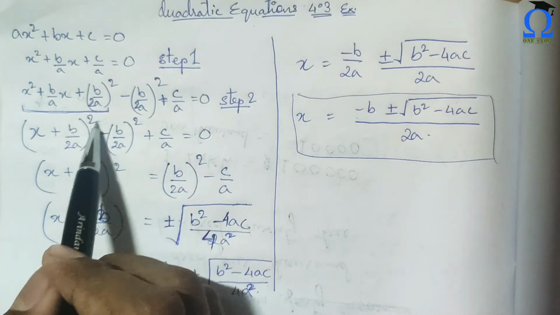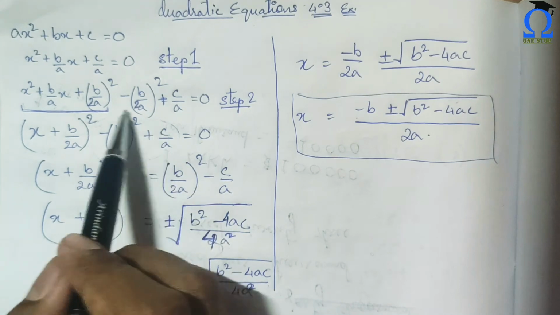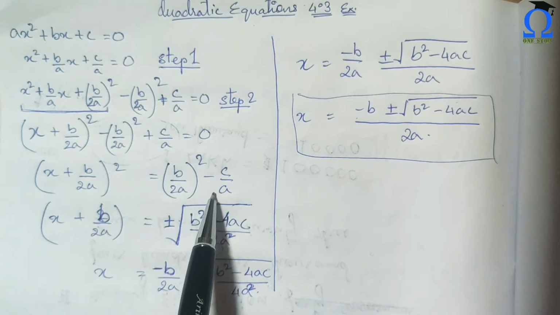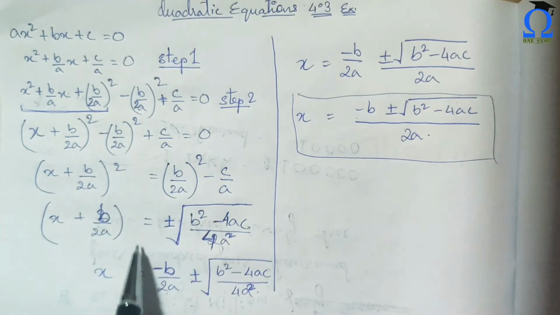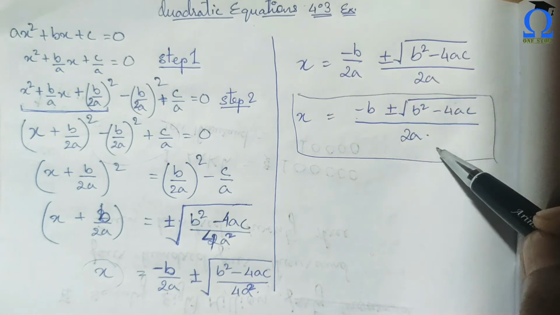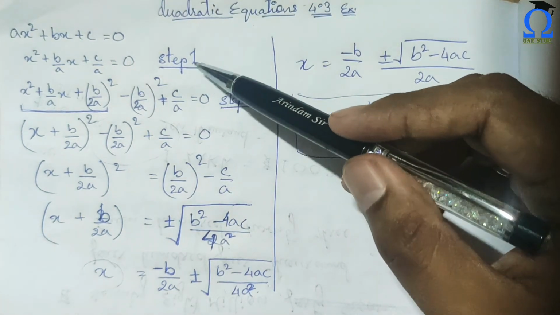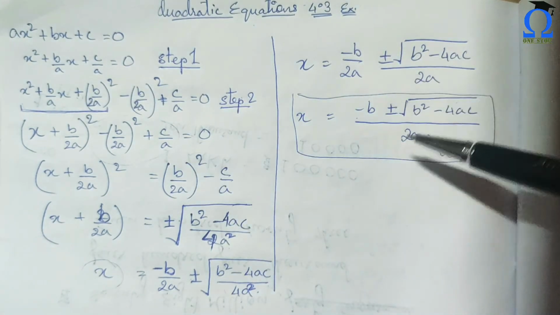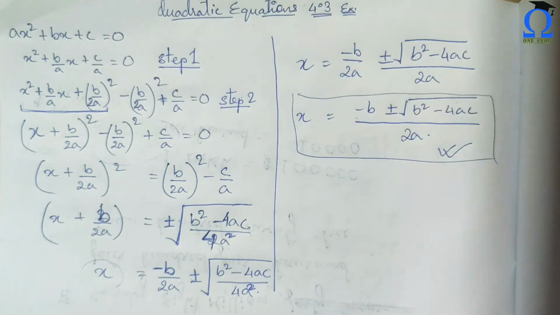Next, we will just solve the equation and solve the rest of the part and transpose it to that side. And then we will do the solution. We will solve for x, so obviously x should remain here. Yes. And our final equation will be this. Just by doing these steps, we can solve and get our quadratic formula. Understood? This is how we get our quadratic formula, and this is the completing the square method. Understood?